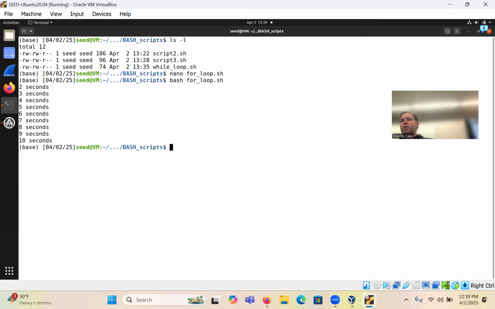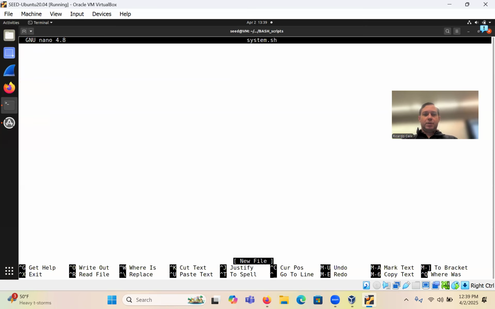So let's now repeat one of the scripts that you did at the very beginning of the semester, the information gathering script, right? So you did that one the first week, but you did it in Python. Now we're just going to do it in Bash itself. Okay, so this one is called system.sh in the repo, so you can just get it from there. System dot sh. Okay, the same thing.